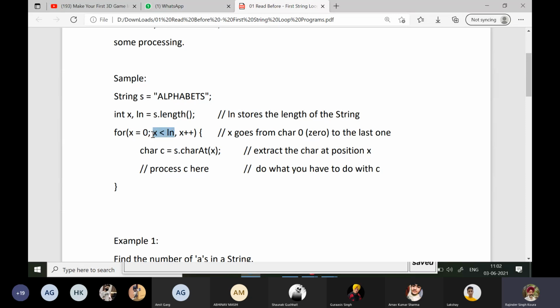What is the condition that we have written? x is less than ln. Less than ln means we don't want to go up to the length. If the length is 9 characters, we know that the last character is on 8. So don't you think this condition is okay? Yes, sir. And every time we process, we increase the character position's value, that means we increase x by 1. So when x is 0, s dot charAt x is actually going to